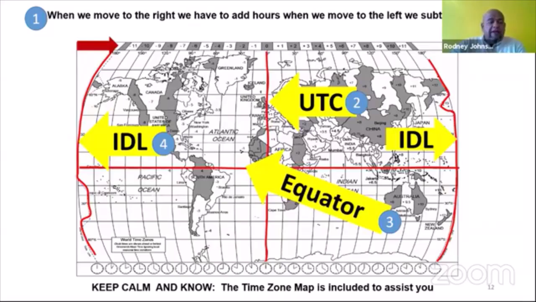Remember, we are told the Earth is round. So if we put this map on a flat surface, you actually see the same line. This is the cutting line here. If you cut it through here, that line on this side is exactly the same line on this side. And that's known as the international dateline. For tourism, you need to know that if you cross this line, you either gain a day or you lose a day. So let's have a look.